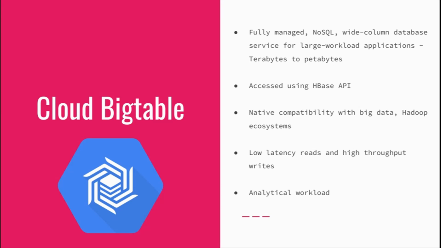The way Cloud Bigtable works is it's kind of a key value pair. What I mean by key value pair is, when you want to query the particular table, you have a single indexed row key associated with a particular entire row. So you can directly go and query that particular row and you can retrieve all the data.